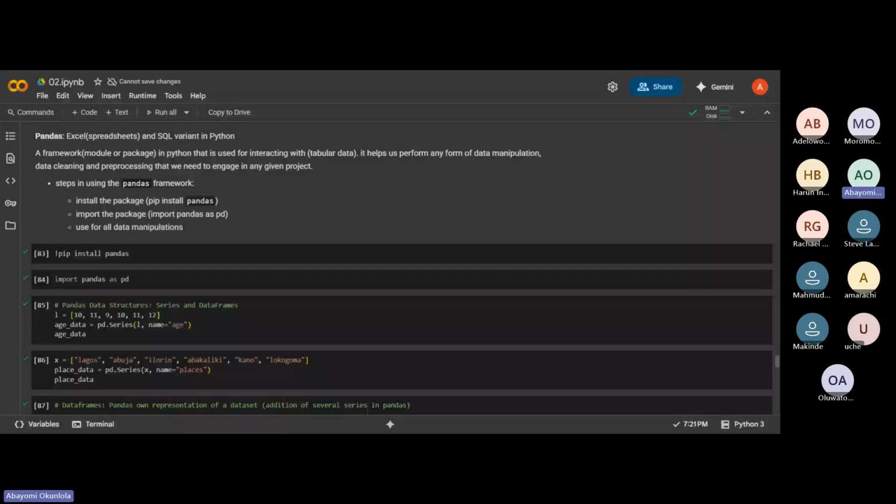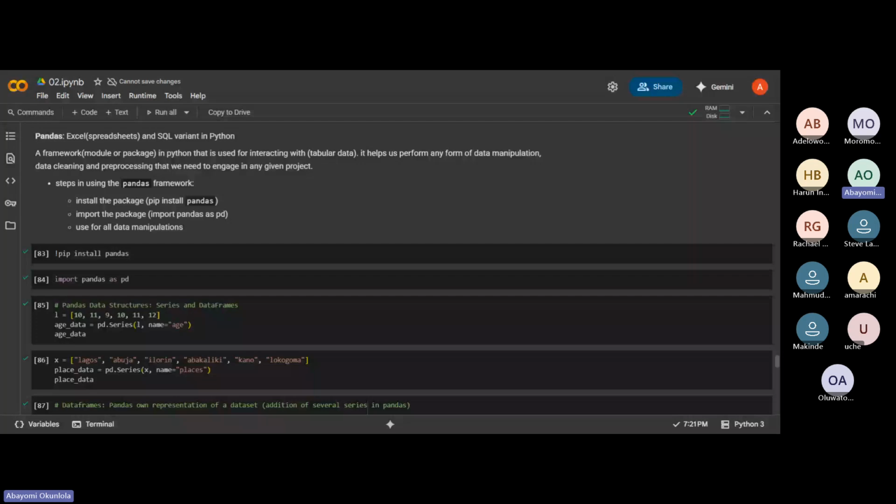How do you perform data cleaning? How do you manipulate the data? How do you generate new features or another column based on existing columns or fields? With pandas we're able to do that. However, there are other libraries as well that you can use aside from pandas, but the scope of this class would be based on pandas. For other libraries, I'll leave that to you so you can read up and learn more.